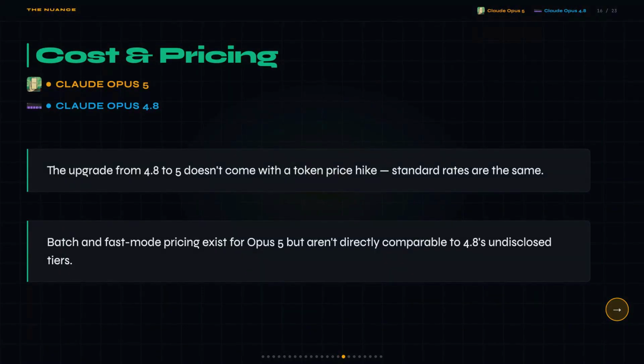Now, I want to flag something before we call this a clean tie. Opus 5 does have batch and fast mode pricing tiers that Opus 4.8 doesn't have published equivalents for, so it's not totally apples to apples. And if you're running high volume batch jobs, you'd want to check Opus 5's batch rates specifically before assuming parity